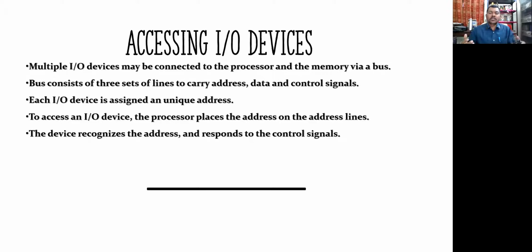As in the class, when a teacher says to a person, say Ram, how are you? What I am trying to do is I am specifying the code, that is Ram over there. So Ram, how are you? Now as soon as I name Ram, it means Ram is the specific person from whom I need the output, right? And then only he is going to respond. So that particular input output device should also respond on that, right?